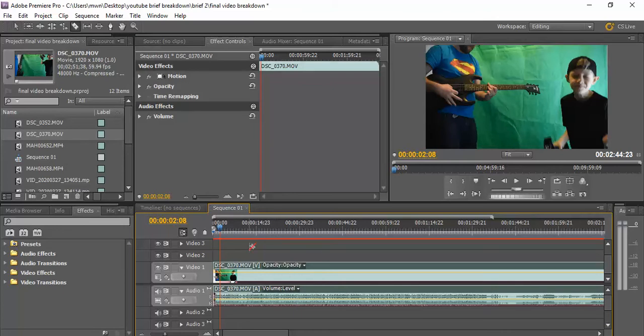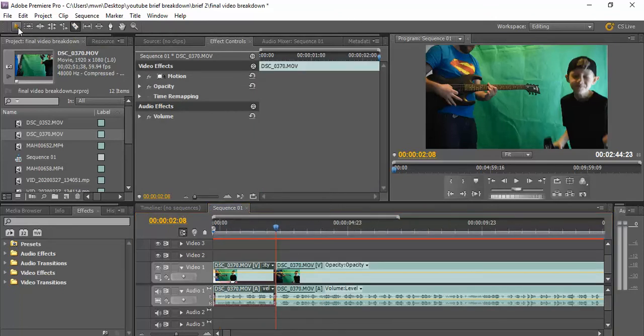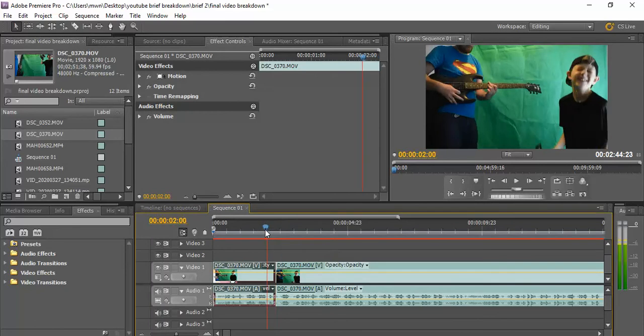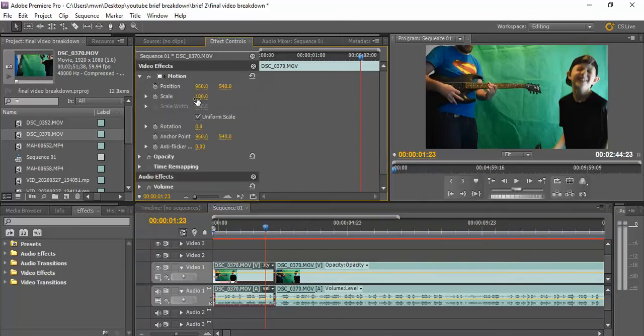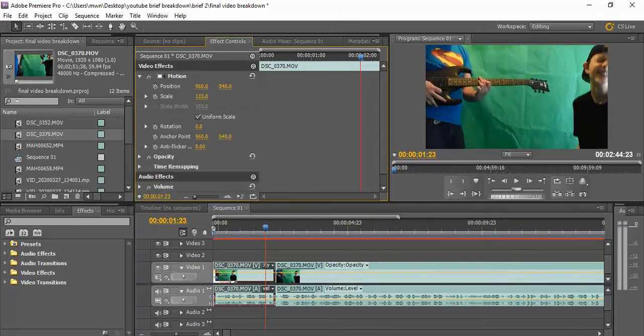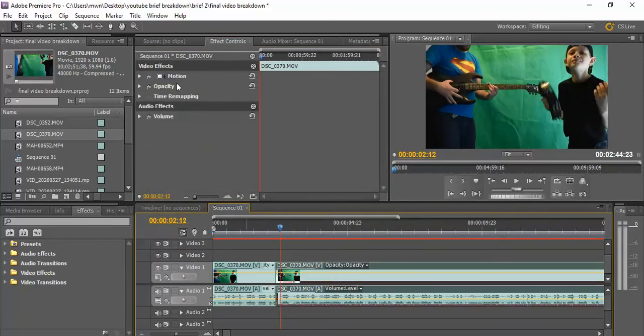Okay, now to cut a clip, we can use the razor tool up here, or just press the button C, and you can click on it, and that will cut the clip. Now that's useful for a number of reasons. One is it might allow us to apply effects only to this clip. So let me show you that up in motion. I might zoom in. And then on this clip, I might have a different